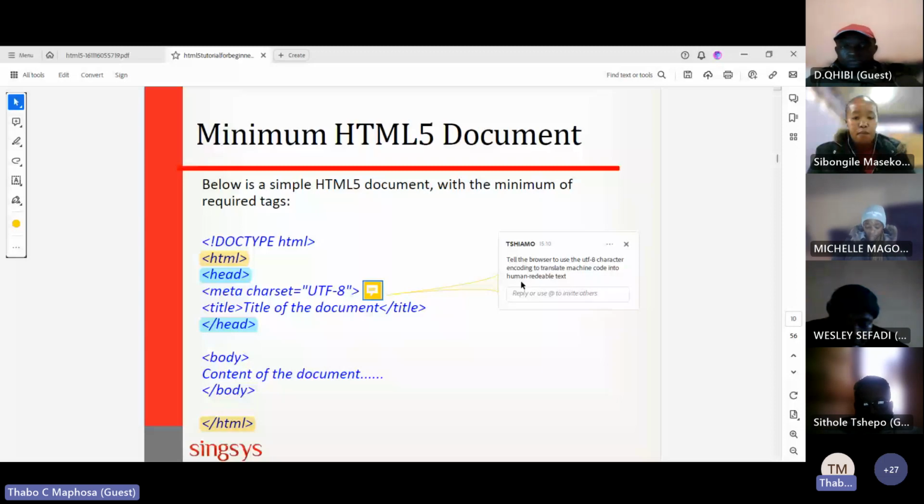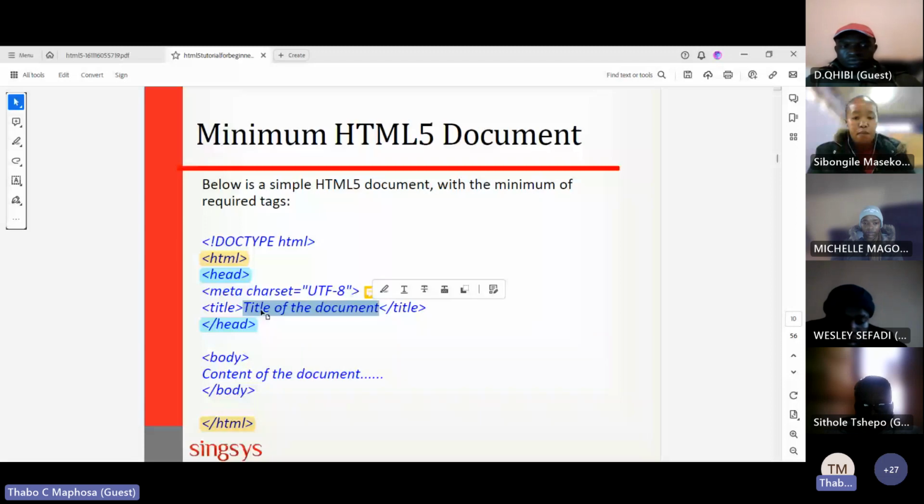And then the title simply means the title. This thing that you see on the tab in the browser, that is what you find here under the title. So right now, if I write here, for instance, my company, then on the tab of the website, when I'm running my website, it's going to show my company there.